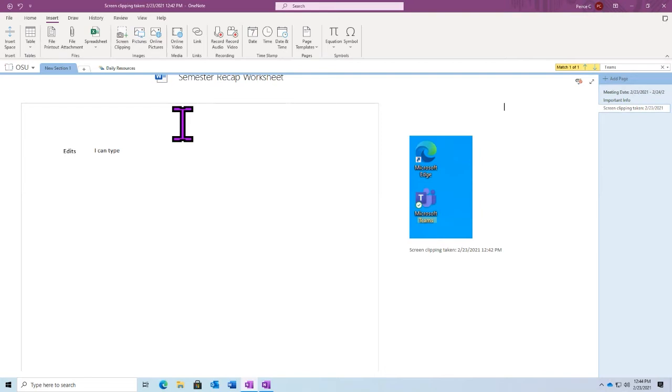So we can really easily correlate our handwriting with what was mentioned at that time and sort of have that real world experience of hearing and writing at the same time. Even if we're reviewing our notes later, we'll still have that similar experience and be able to look back on that information.